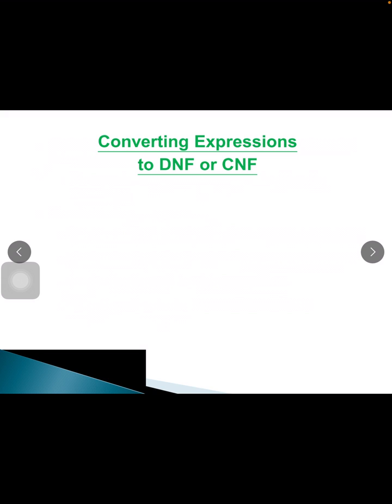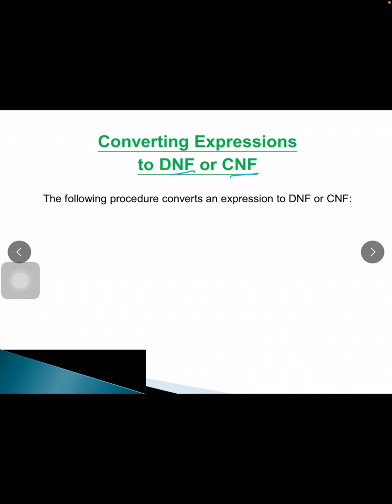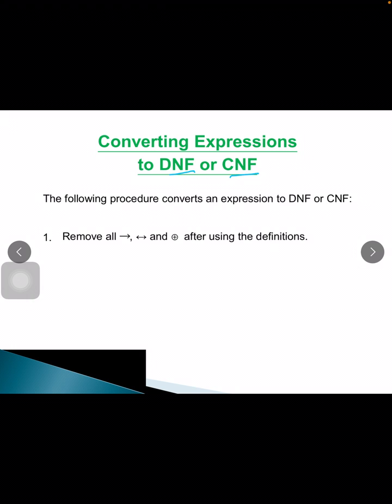Next, we now convert an expression to DNF or CNF. DNF means the disjunctive normal form and CNF is the conjunctive normal form. So if we are given any proposition, any statement, how can we express that in the form of DNF and CNF? Here we use this procedure. First, if we have any proposition in which we have implication, bi-implication and the XOR, our first work is that we have to remove all these